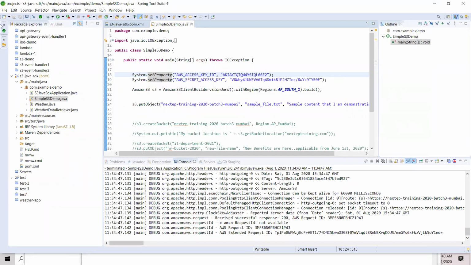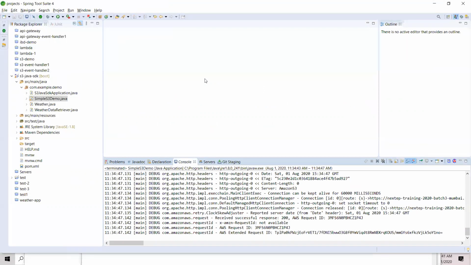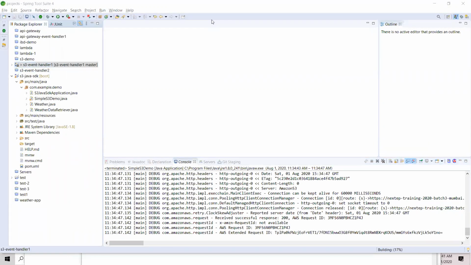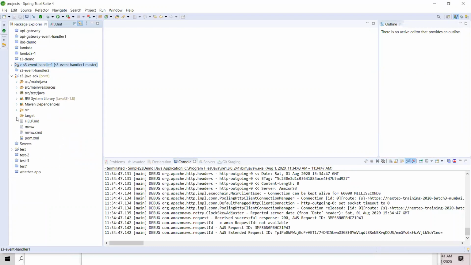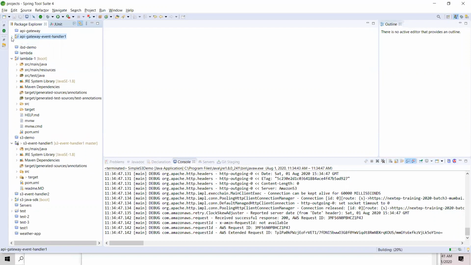The first baby step is I have a CSV file. I have a CSV file. I have a CSV file here. Is it a lambda1? Let me show you a CSV file. API gateway and handler or no?